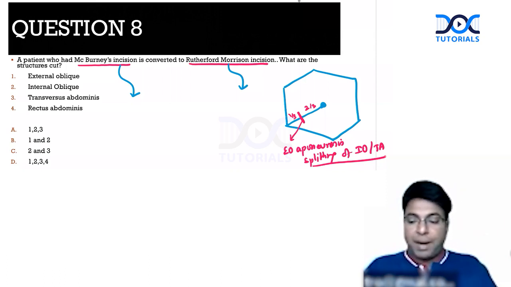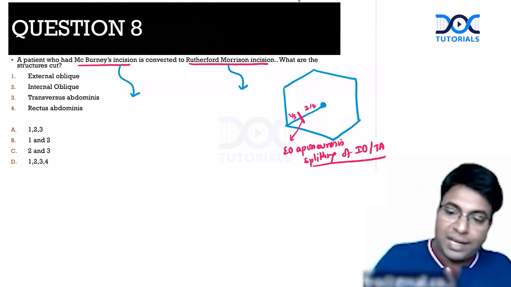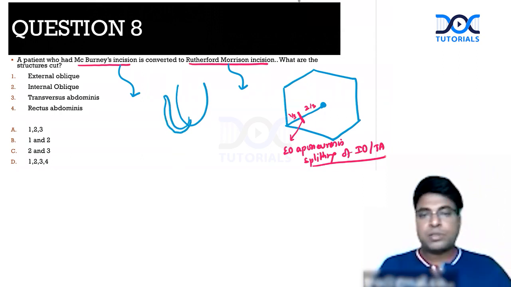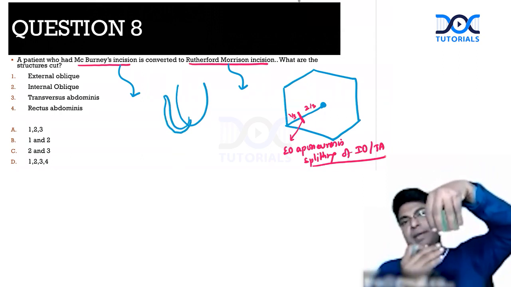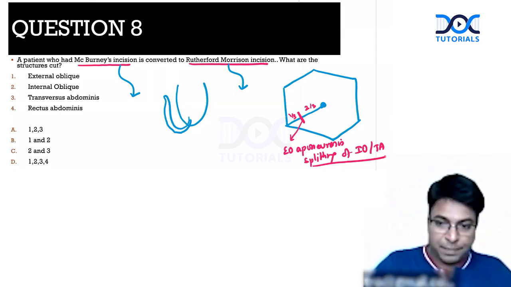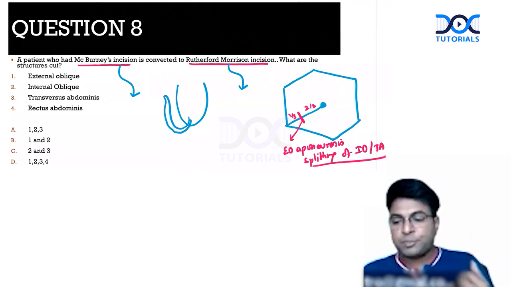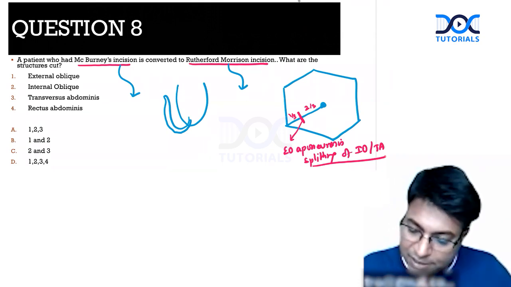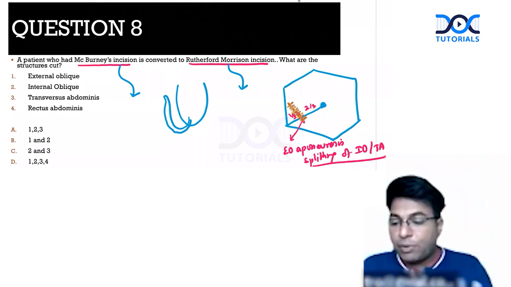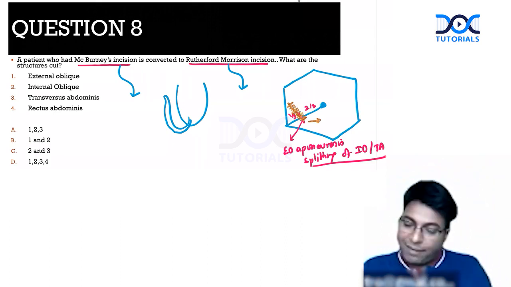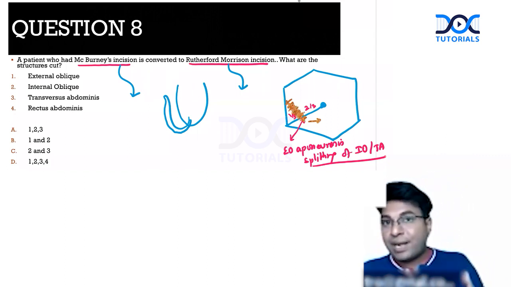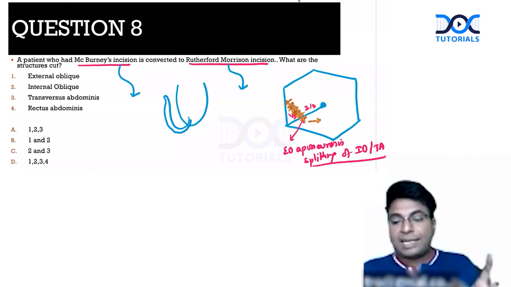a hernia. But if there is a difficulty in delivering the appendix, it is found retrocecally like this. So cecum is there, this appendix is very higher up and retrocecal. I have to cut the muscles. Which muscle will I cut? I have to cut the muscles laterally like this, not medially. I won't go anywhere medially at all. I will only cut it laterally so that I will go and dissect the cecum, ascending colon, and I will deliver the appendix. So that time I will cut the muscles.